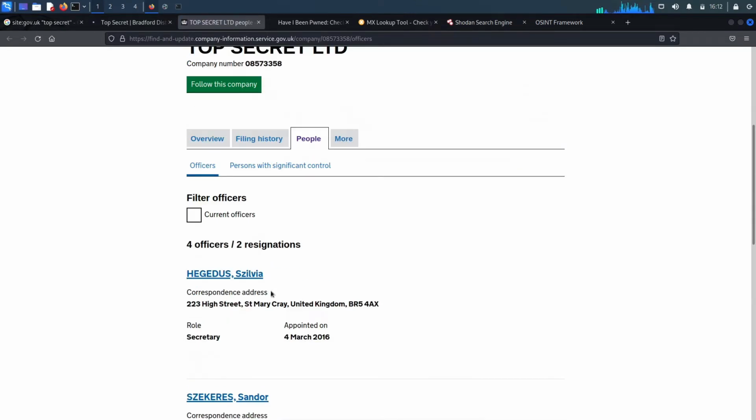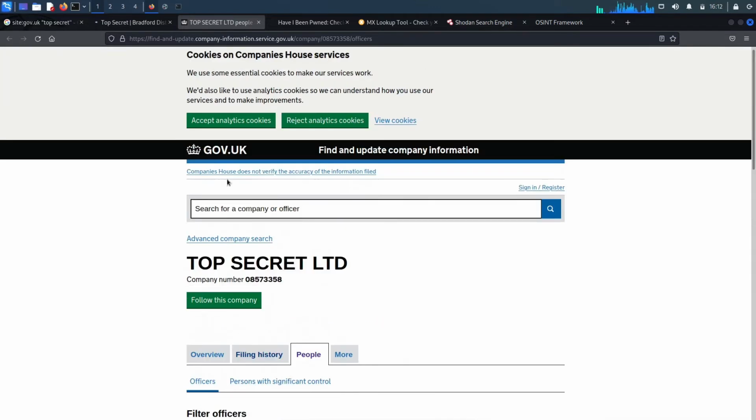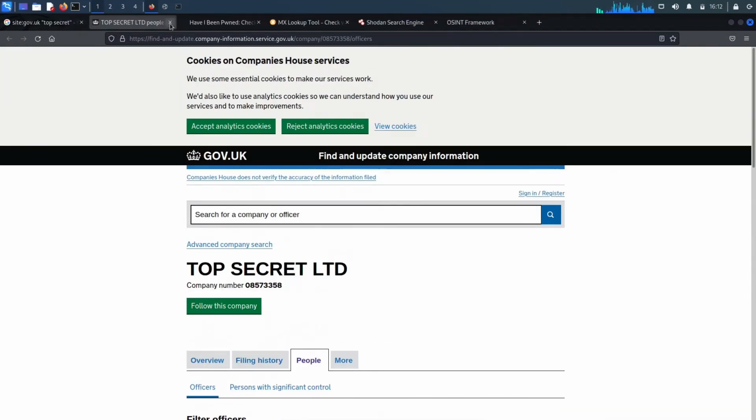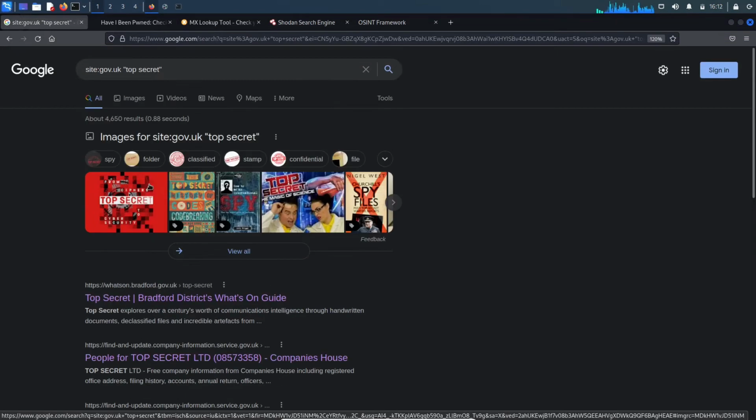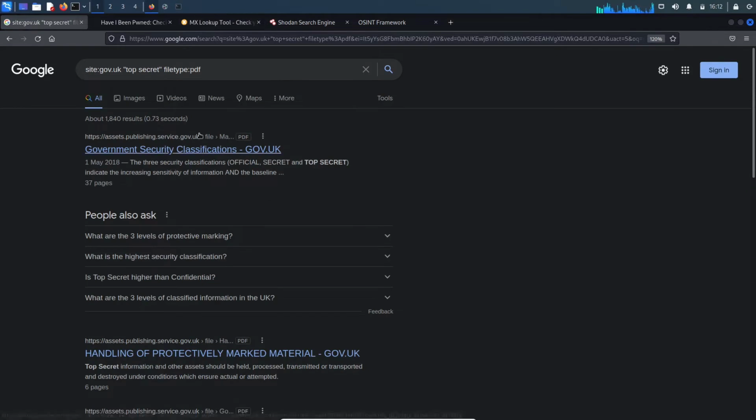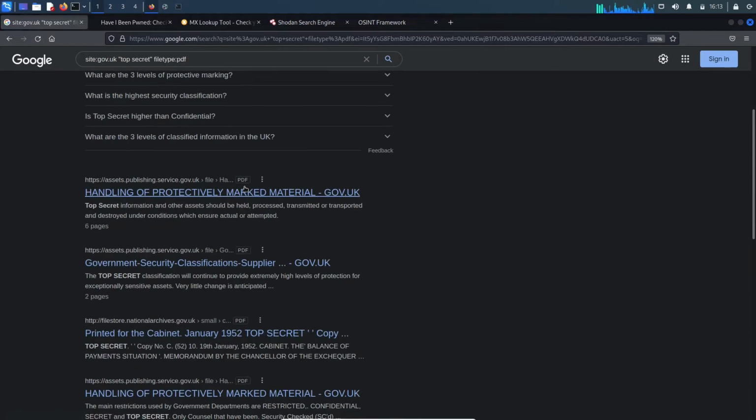Again, that doesn't necessarily mean it is top secret information, and if it ever loads, you might find out what it is. Okay, so it's talking about officers and things like that, but it just shows how powerful these syntaxes can be once you start chaining them together. What we could also do is specify filetype and do PDF, and then you've got government security classifications PDF. So if you were looking for something specific, maybe for an essay or information about a target,